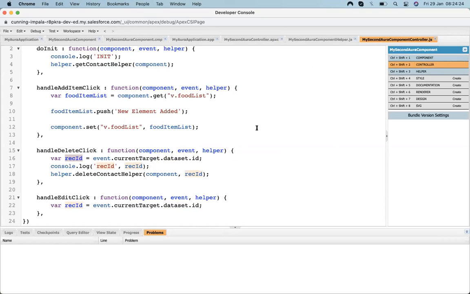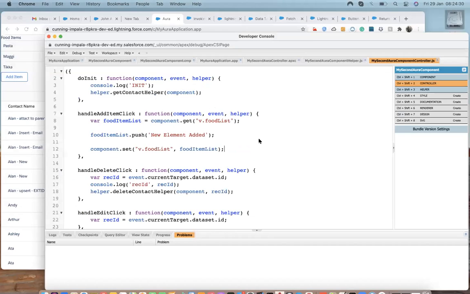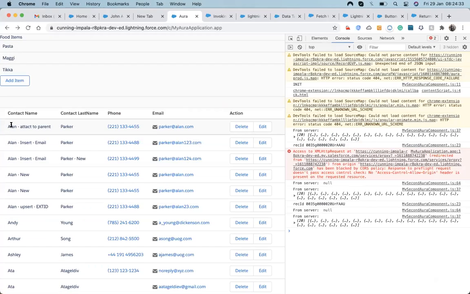Okay, so let's have a look at how we're going to edit that record. For editing a record, I need to make all the fields editable. In order to edit, let's design a pop-up. Whenever the user clicks on the edit button, a pop-up comes up, the user enters the new values and hits the update button, and it gets updated. So let's have a look at that.